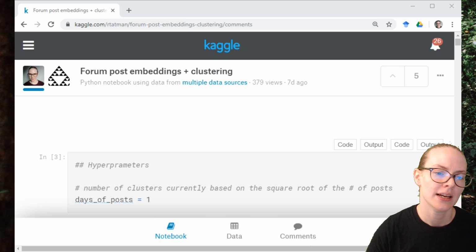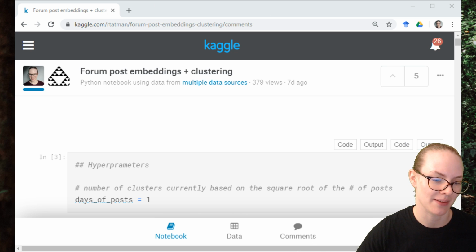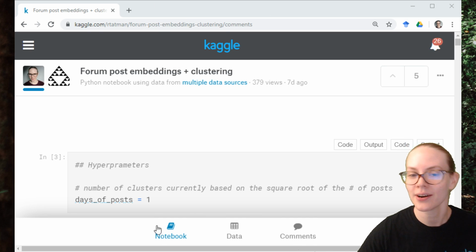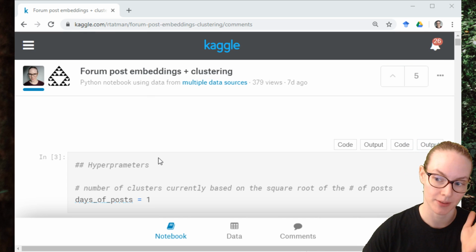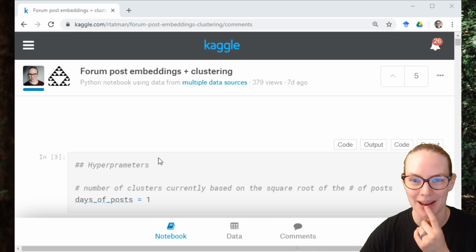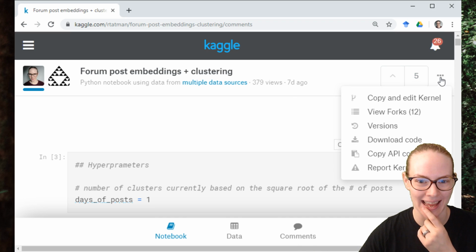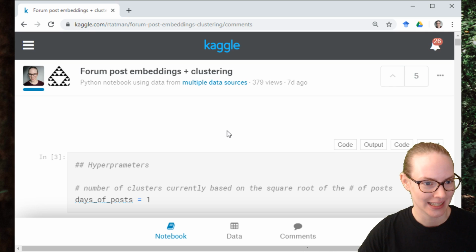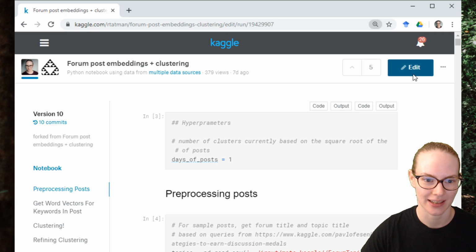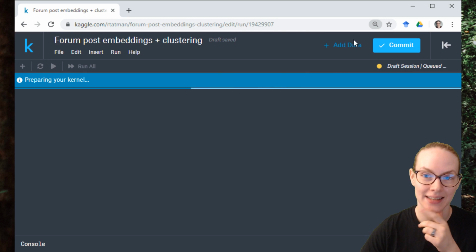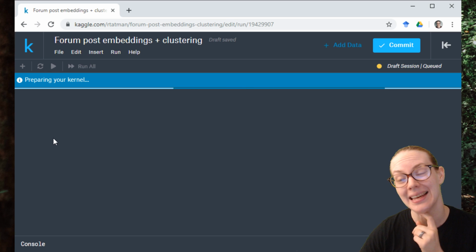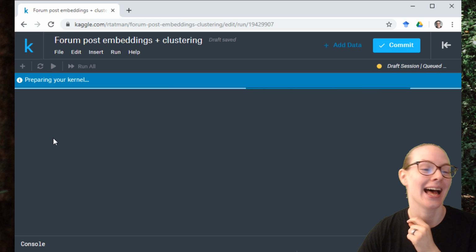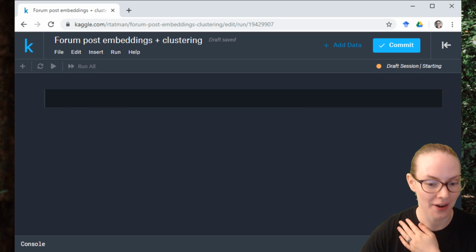This project is something that I'm doing as part of my work, because right now I am reading all the Kaggle forum posts, except on competitions, with my human eyeballs every day, and it's a little bit rough. It doesn't scale especially well, and we are at the point where we have sort of exponential growth in the number of forum posts on Kaggle over time. And yeah, I need a way to automate my work process.